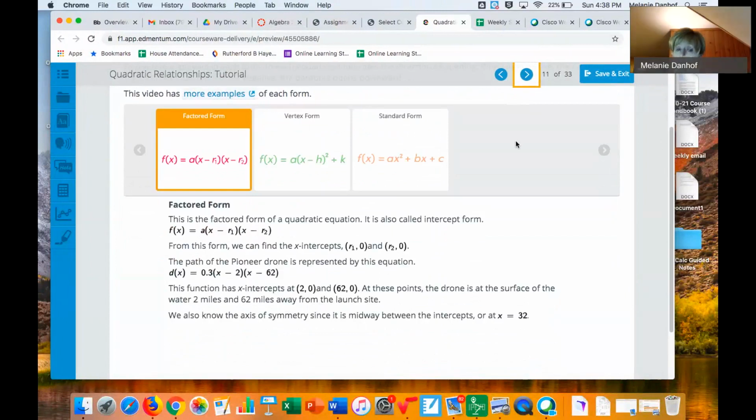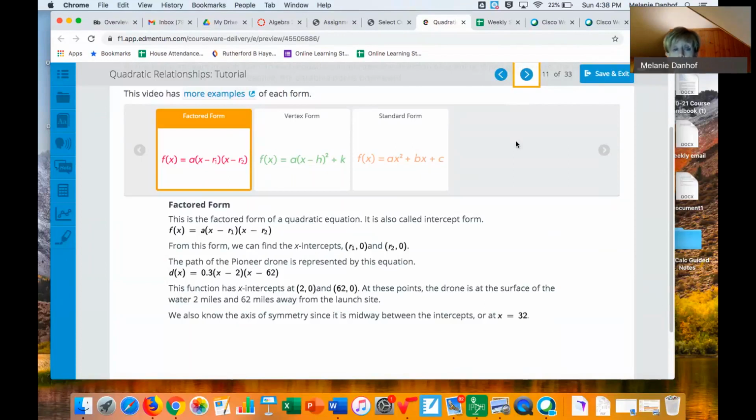If a is a positive value, then the graph opens up. If a is a negative value, then the graph opens downward. So it's a right side up U if a is positive, and it's an upside down U if a is negative. And then what happens is we can figure out where the graph crosses the x-axis by setting x minus